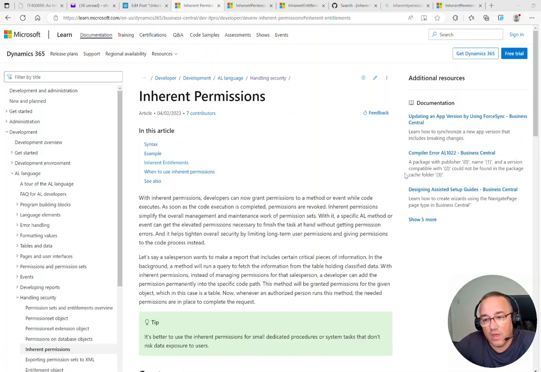I learned recently a concept that was introduced by Microsoft with Business Central 2023 Wave 1, and this is about inherent permissions. With inherent permissions, Microsoft is trying to simplify the way permissions work, especially for objects that you are creating. So if you have a new extension, you're creating new tables, new codeunits,